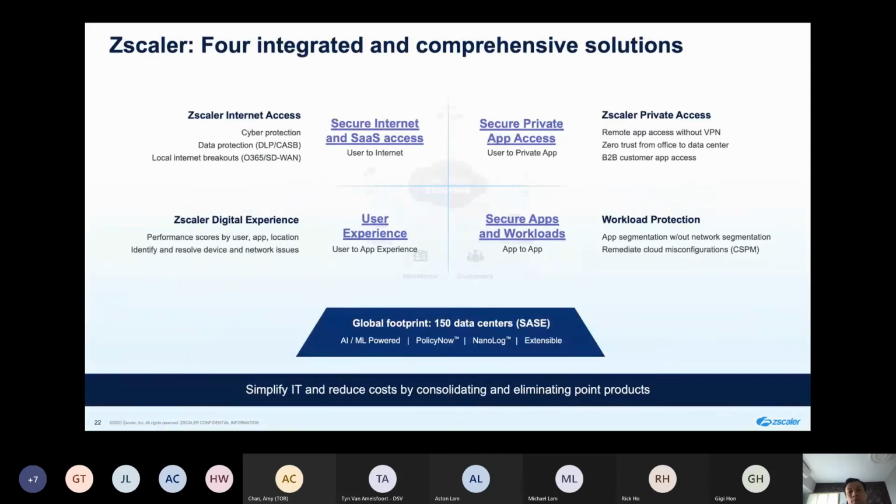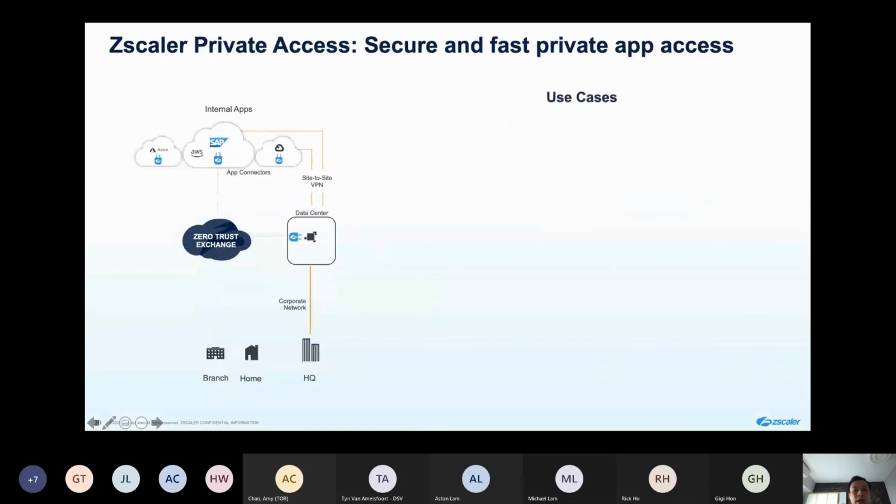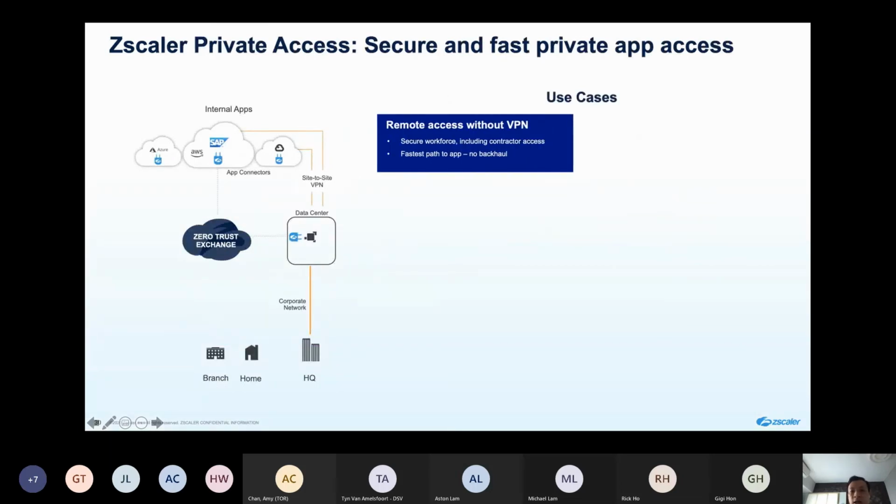The other part of the solution, another pillar, is ZPA, Zscaler Private Access. This part is mainly to do the escort for visitors, so that whenever any user or officer needs to access an application, we don't need you to expose your servers or your VPN gateway to the internet. Instead, you install a very small footprint, easy to install VM machine in your data center or application network, so that the connector will always connect to our Zero Trust Exchange network